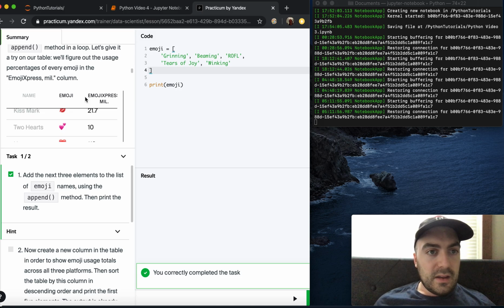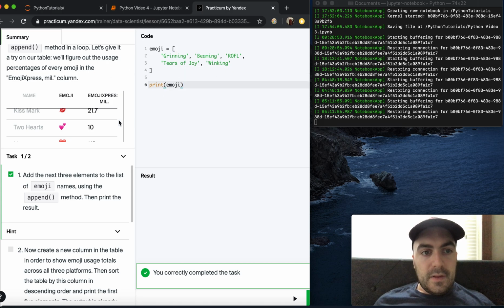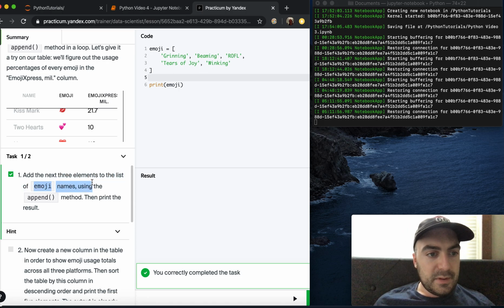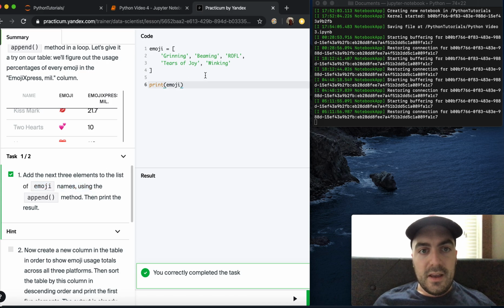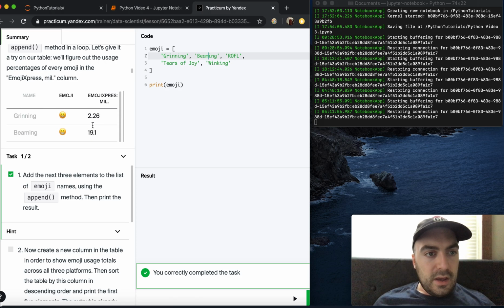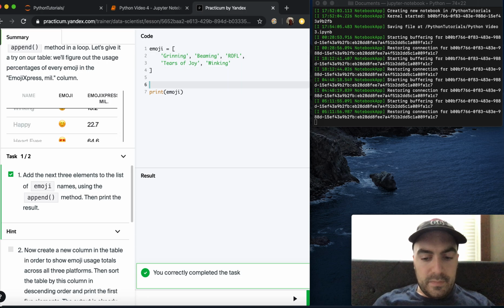We'll figure out the usage percentages of every emoji in the emoji mill column. Okay, so then they just show the table again. So you can see here the first thing we're supposed to do is add the next 3 elements to the list of emoji names using the append method. So here we have grinning, beaming, raffle, tears of joy, and winking, and the next one will be happy. So we'll do emoji dot append